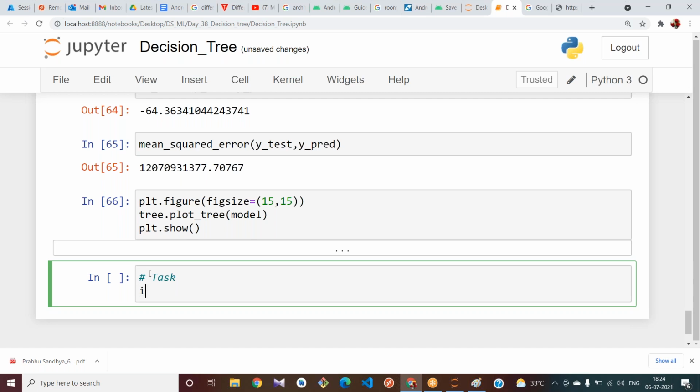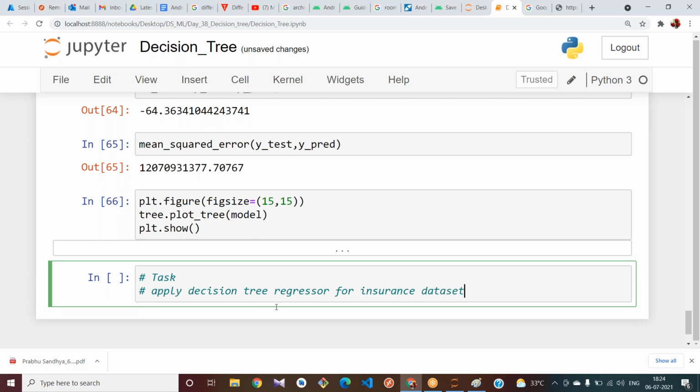Okay, try to take the insurance data set and try to apply the decision tree regressor for the insurance data set, and tell me whether your polynomial or decision tree regressor worked better.